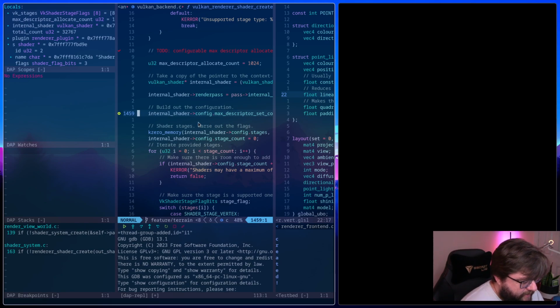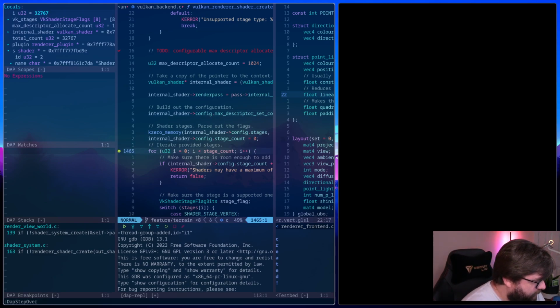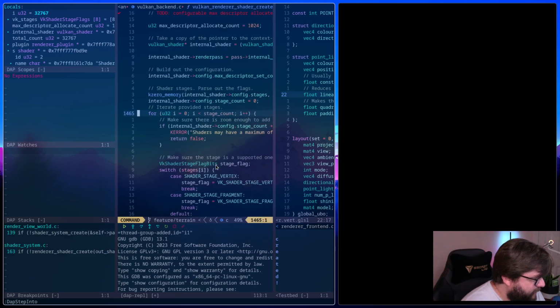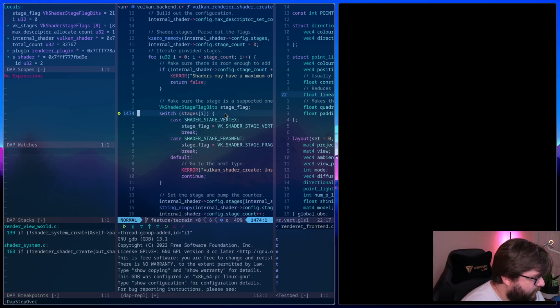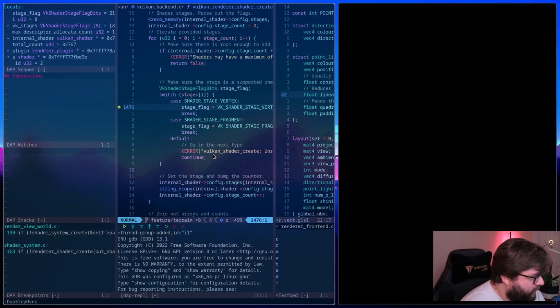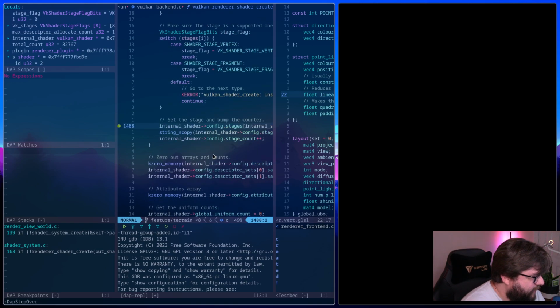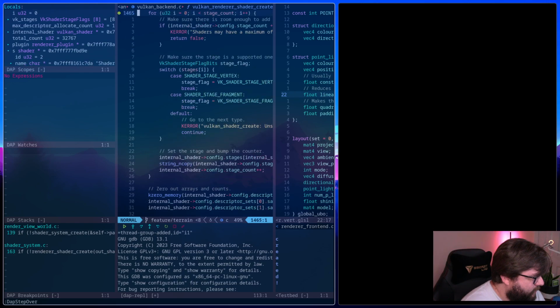It's not going to like the fact I resized that, but I don't care at the moment. All right, so here's the stages. So this is the vertex stage, and the fragment stage.